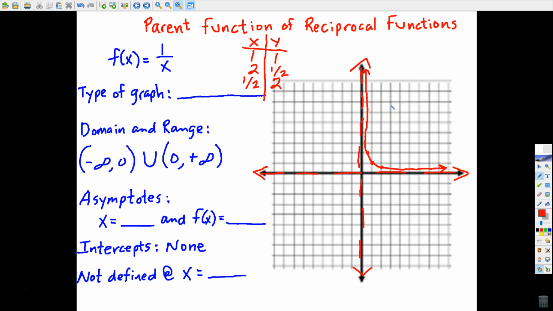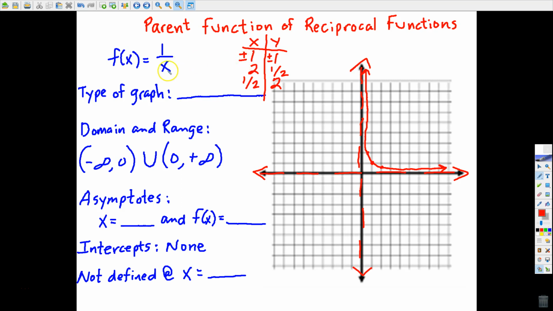Well, the thing about reciprocal functions is that they are always in two parts. We technically call these parts branches. So if you were to stop here with the graph, you would be half right. So just keep this in mind. Whatever 3 numbers you choose for positives, make sure you choose the opposites of those. So it would be okay if you wanted to show the table like this,